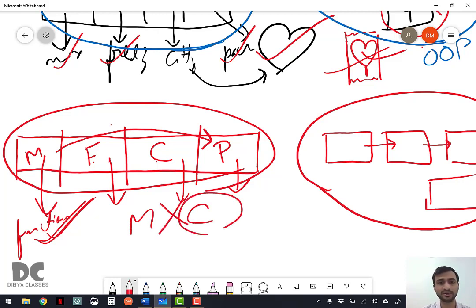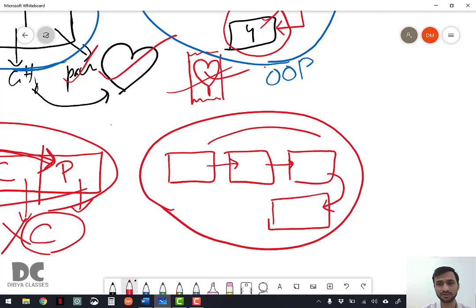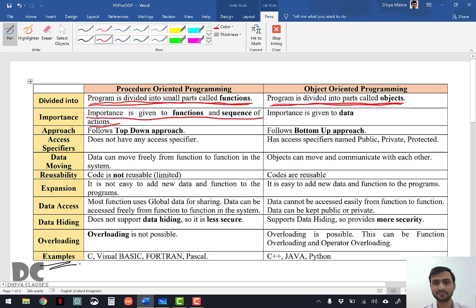How can you cut liquid? The sequence is important here. In OOP also the sequence is important, but the more importance is given to the data.